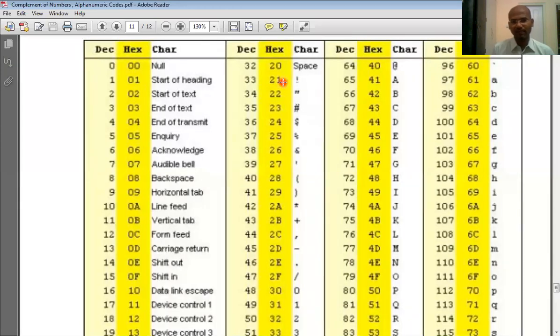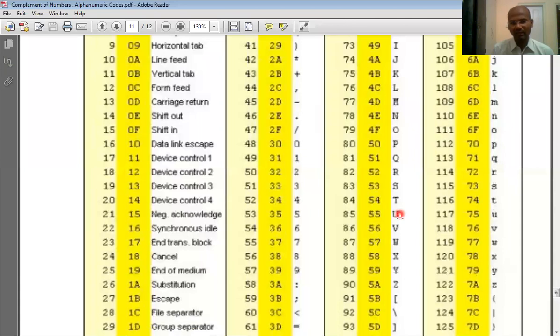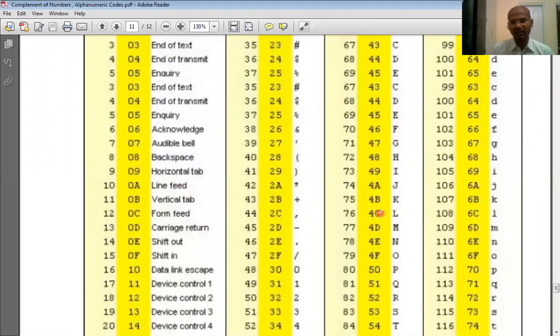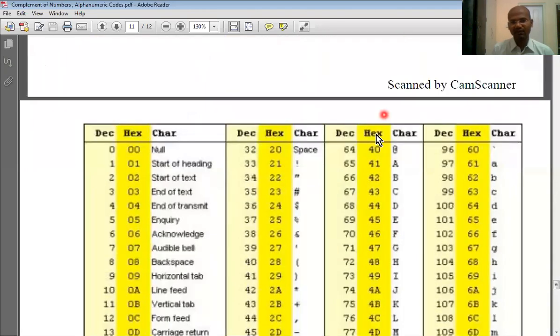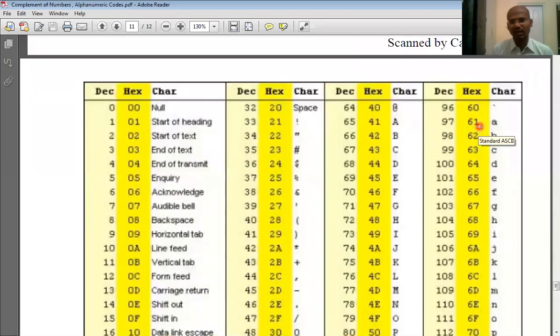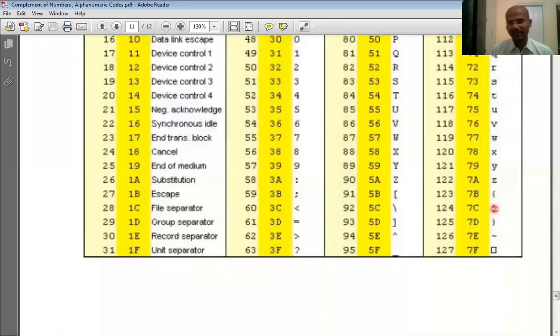In the same way, we have uppercase letters from decimal 65 to 90, and its hexadecimal equivalent starts with 41 and ends at 5A. And we have lowercase also. Lowercase starts at 97, whose hexadecimal is 61, and it ends at 122, whose